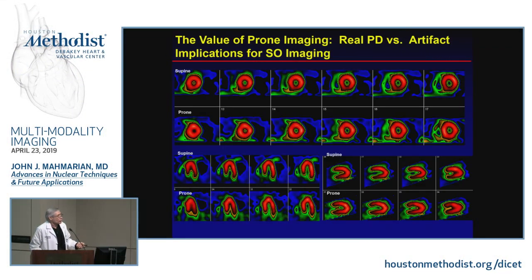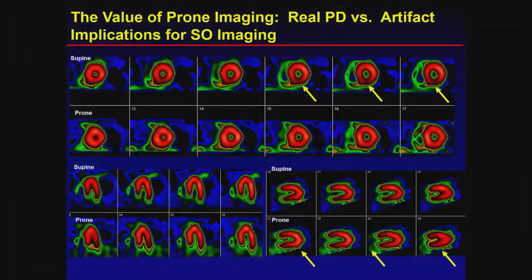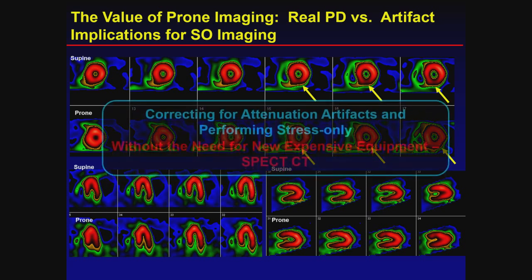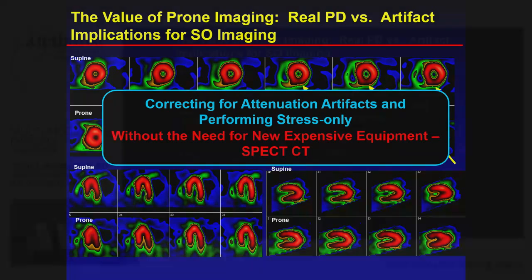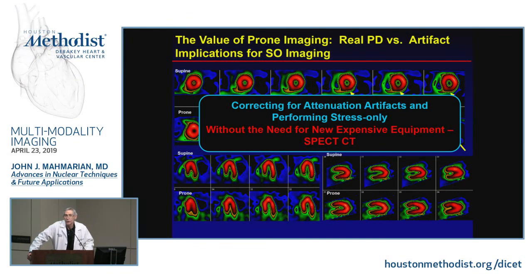Okay, we can also do this very nicely with prone imaging. And with prone imaging, you don't need any new technology. You just flip someone on their belly and take images. So this is a patient who has an inferior defect on supine stress. This is a patient with no inferior defect on prone imaging. So when you see shifting defects or resolution of defects, you know that's artifacts, because real defects don't change with position, okay? So simply by using prone imaging, we can actually improve our ability to do stress-only imaging, and we